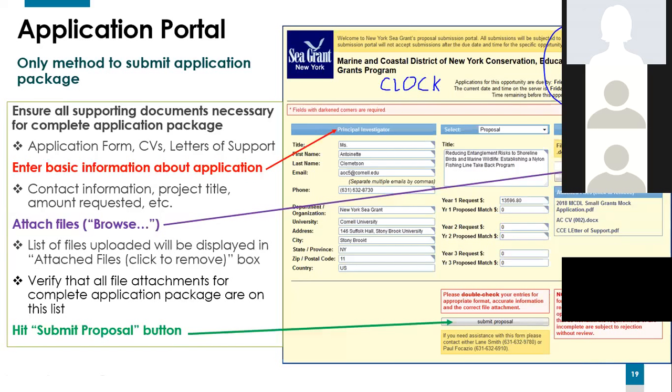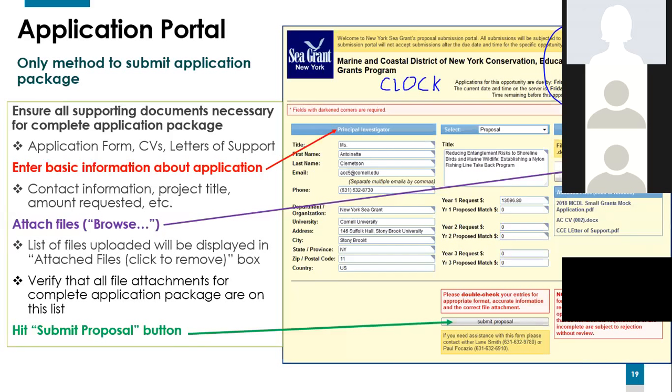Again, before you get to this point, I must emphasize the value and the importance of ensuring that all your supporting documents are complete and you're ready to go. So again, your complete application package includes the application form that has been completed, the CVs for the project leader and co-project leader only, limited to 1 page, and your letters of support, which is limited to 3 per application.